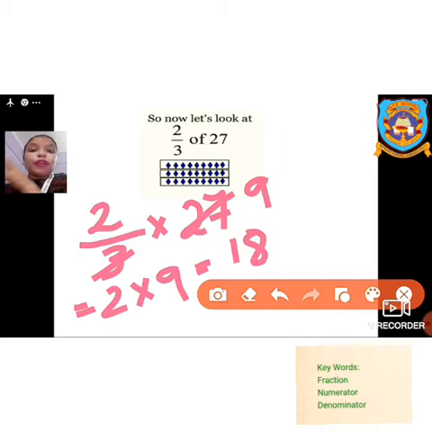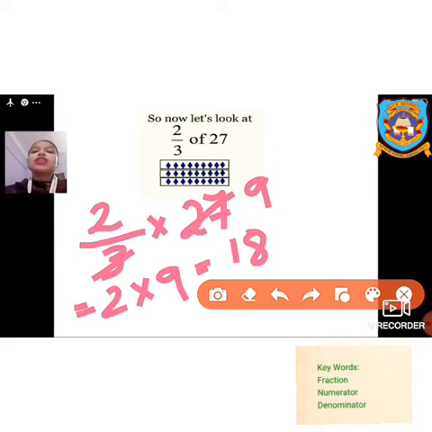So if someone comes and tells me that out of 27 I have taken 2 by 3, that means 2/3 of the total figure, I can calculate in my mind and understand, oh, that means he has taken 18 from the total. So from 27 how much has he taken? He has taken 18 figures from the total number.